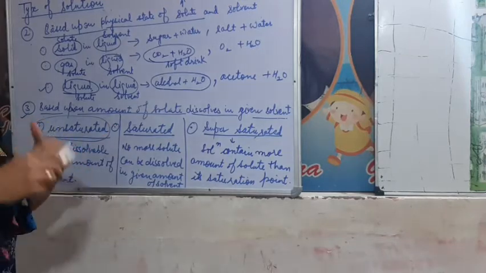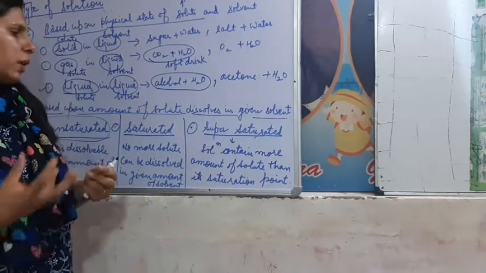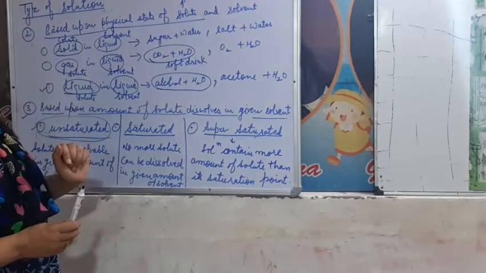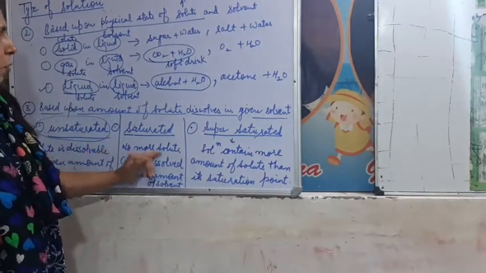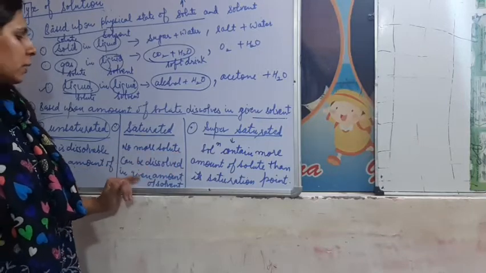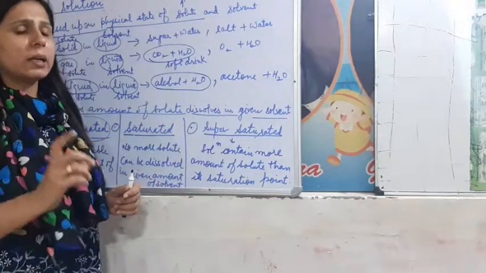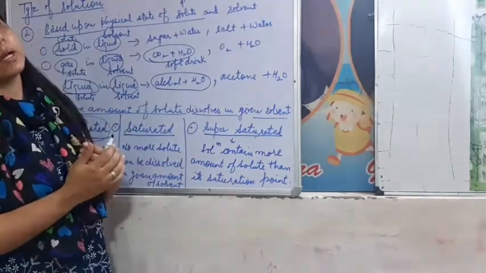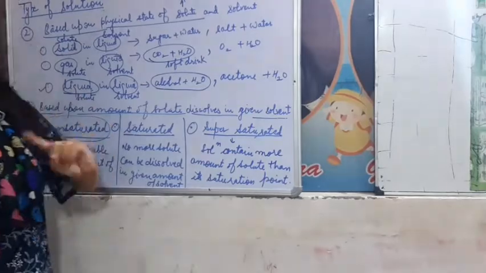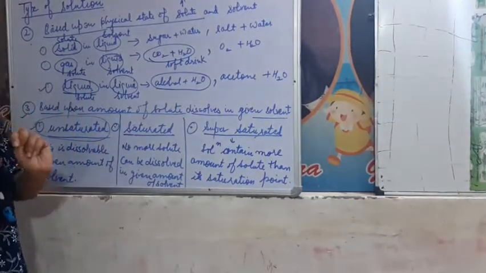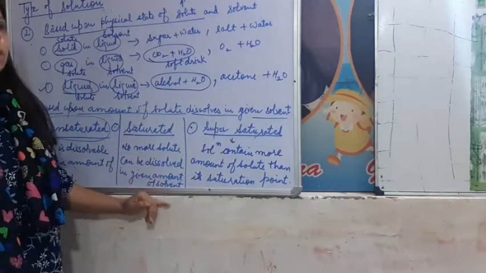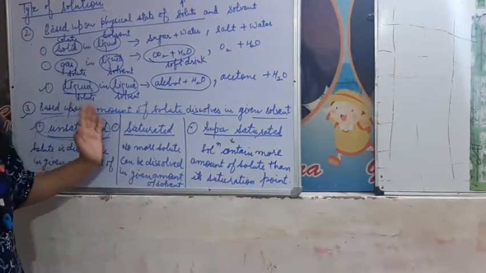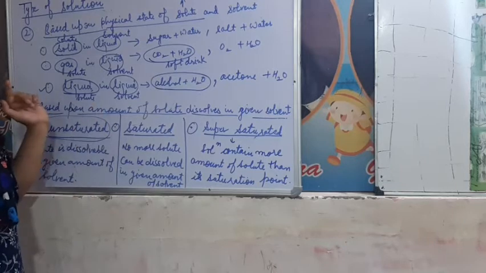Saturated one, when you are dissolving sugar in water and then you keep putting more sugar in the same amount of water, then one point will come where no more sugar will be dissolved in the given amount of water. You are taking only 1 glass of water and you keep adding more sugar, then one time will come when no more solute is dissolvable in the given amount of solvent that you have taken, water. That solution is termed as saturated solution.